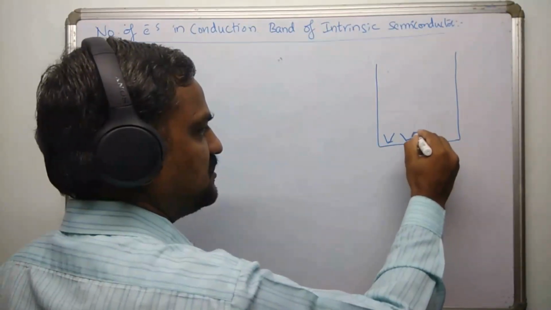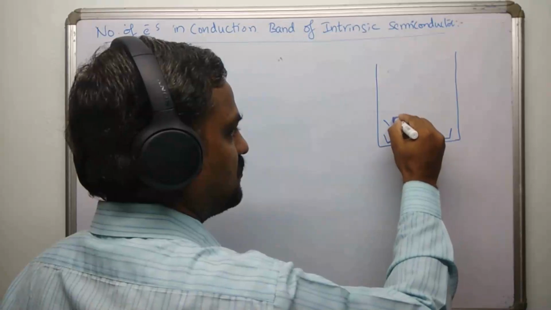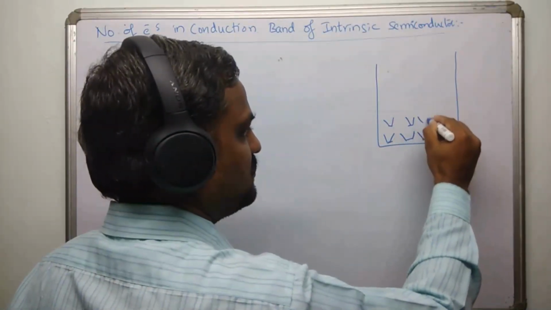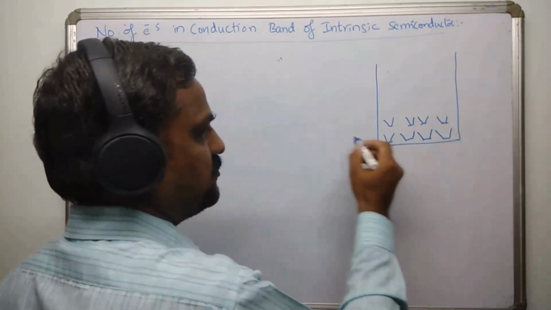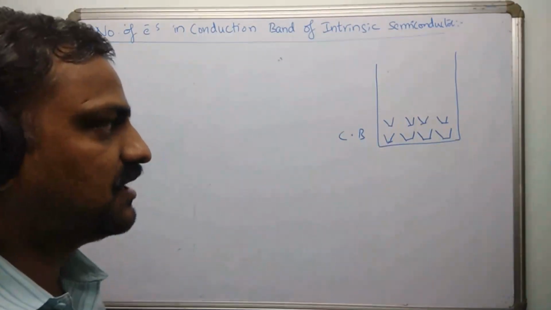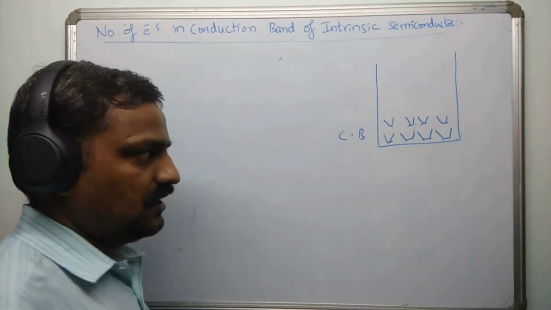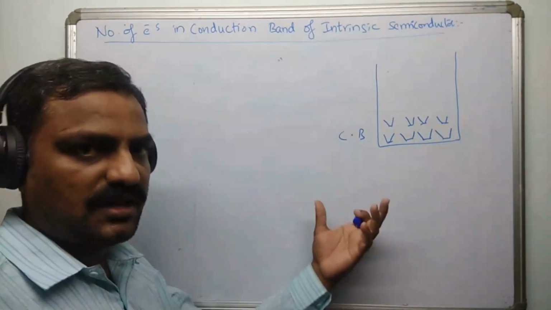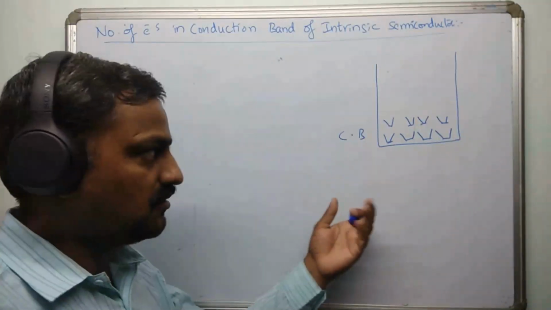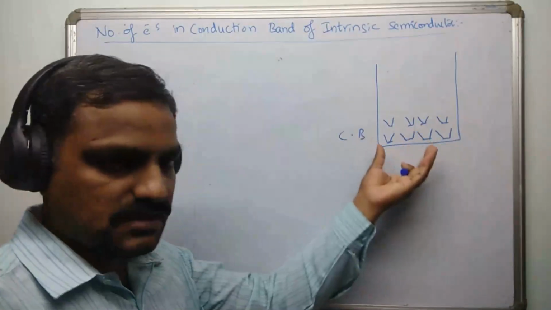Let us say these are the seats for electrons. Just as an example I'm taking, so there may be some seats here. So in these seats, we have to fill the electrons. Let us suppose that this is representing the conduction band. Assume that this is the conduction band inside the solid, and these are the available states inside. So if you want to count how many electrons are there per unit volume, let us suppose that this box is unit volume of the semiconductor, and this is the conduction band.